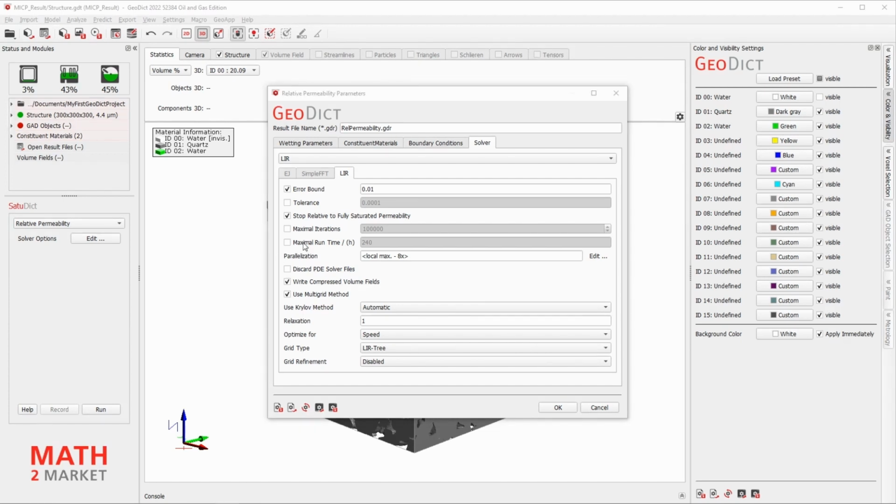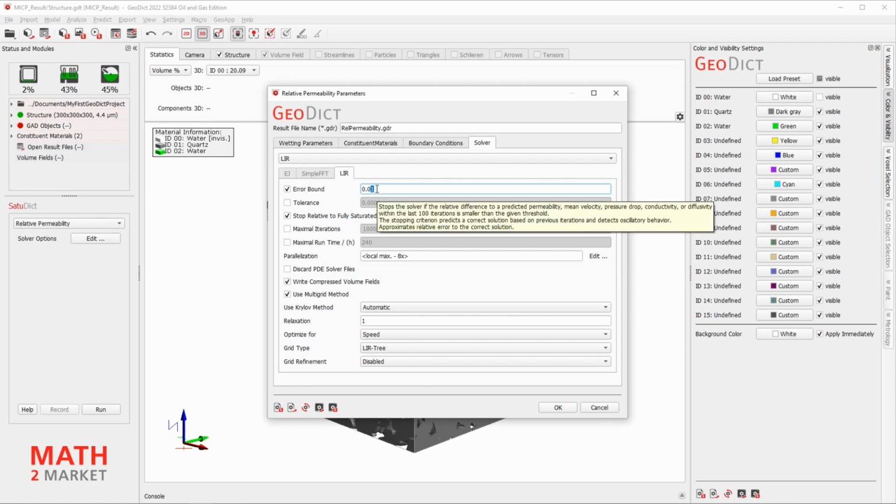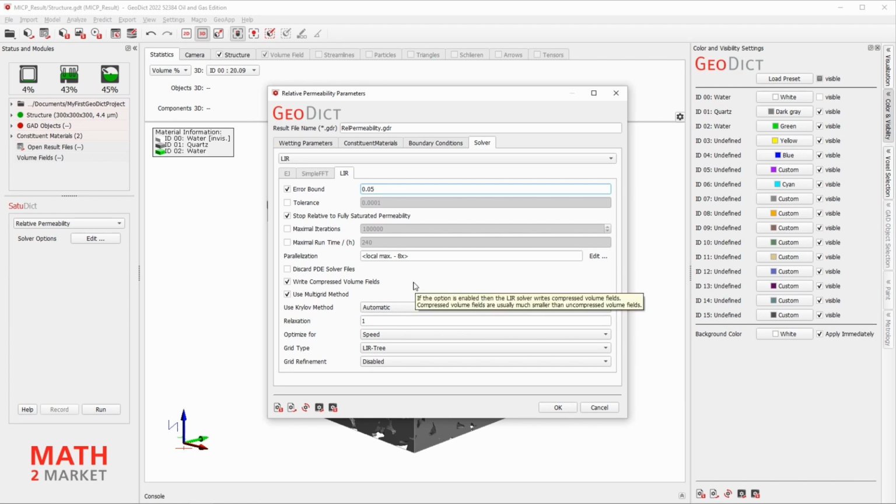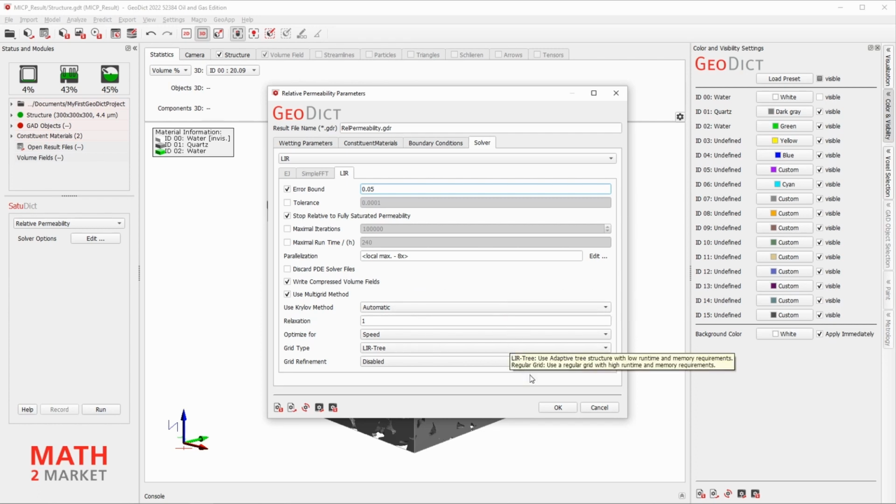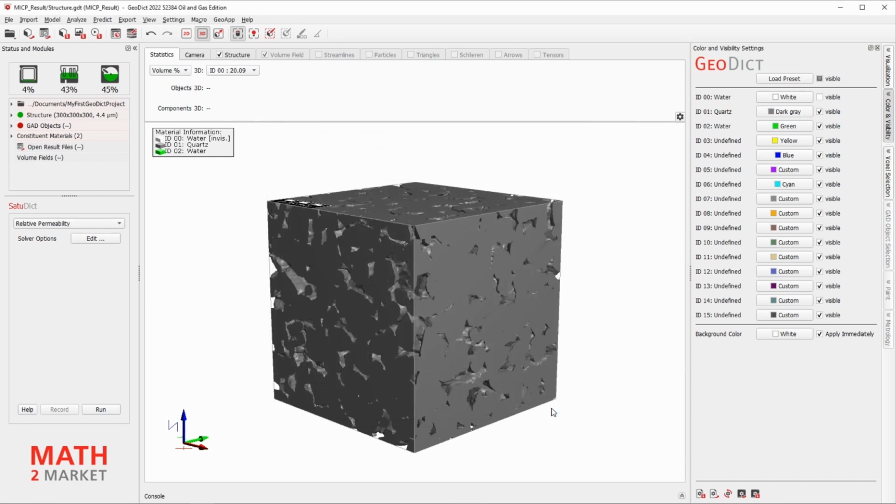To get a faster result, you might this time choose a higher error bound of 0.05 or even higher. You know these settings already from when we used FlowDict to calculate the absolute permeability. Click OK and run your relative permeability simulation by clicking Run.